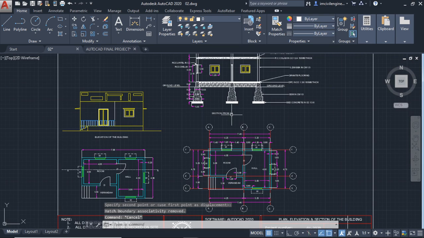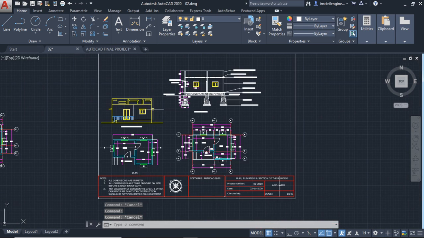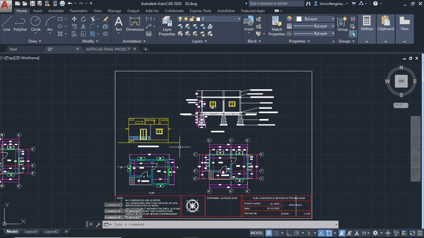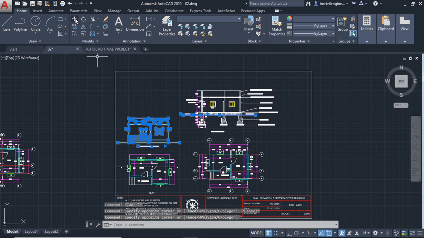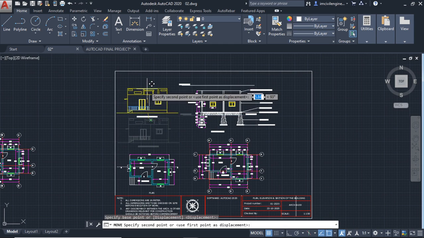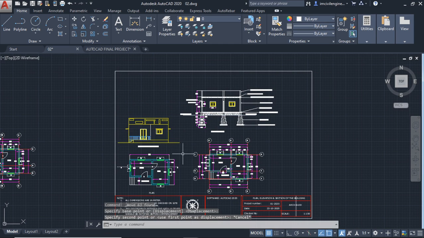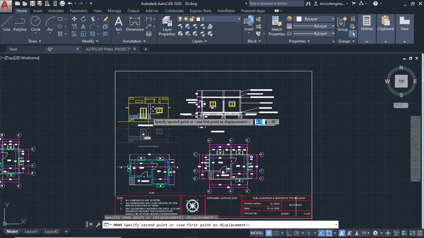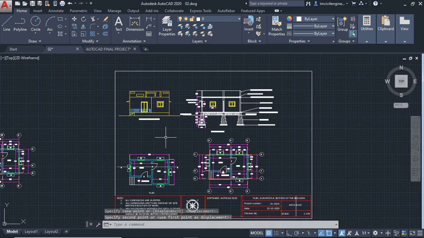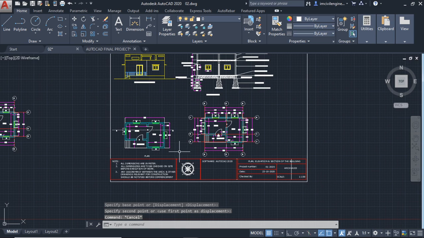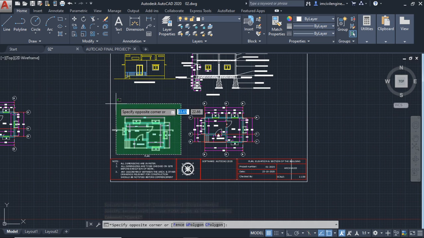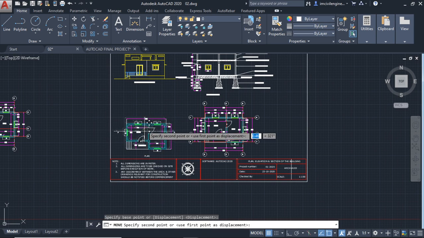Fine, it is a cross section from A, you can see here. So I think it's not properly adjusted. I'll do one thing, I will move it a little bit more upward. I have selected till this and move from here to here. It is fine. Now I will select the plan here and adjust it a little bit like this,